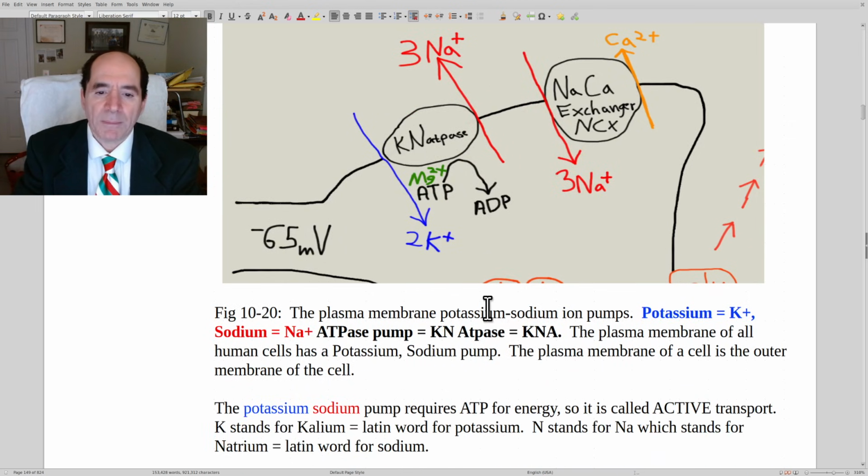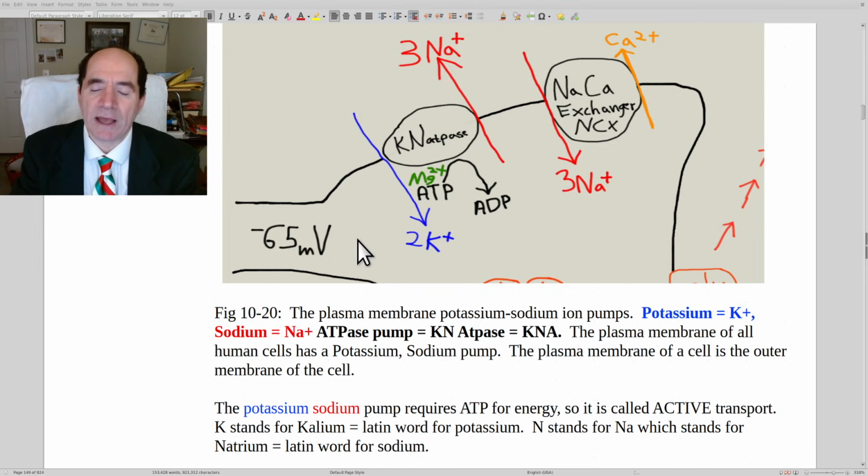Okay, now we're going to talk a little bit about the plasma membrane sodium potassium ATPase. And this is super important. What we need to know about it is relatively straightforward. I drew this, that's the resting membrane potential of a neuron, but here's the point. The potassium sodium ATPase pumps out more positive charge than is brought into the cell. So I wrote it as KN, as in K is for potassium. K comes from kalium, the Latin word for potassium. N comes from natrium, the Latin word for sodium. Okay, so 2 K+ are pumped in, and 3 Na+ are pumped out. So 3 positive charges pumped out, 2 positive charges pumped in. So it leads to a net negative